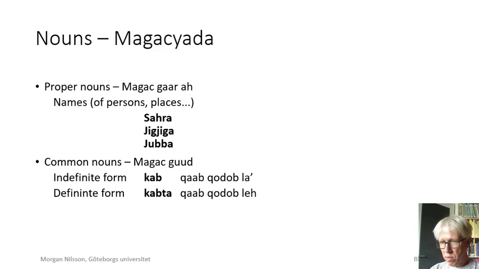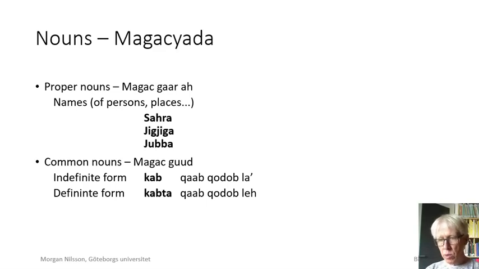There it's rather common to say things like Jubbada hoose, for example. So there we have the ending, the definite article that is added to the name. But for all ordinary nouns, common nouns, magac guud,